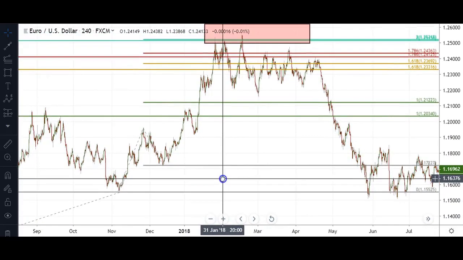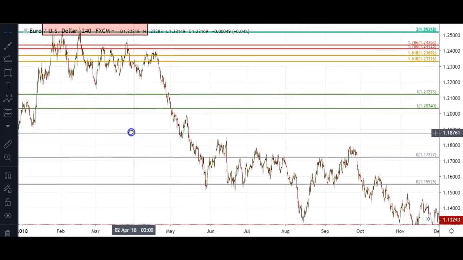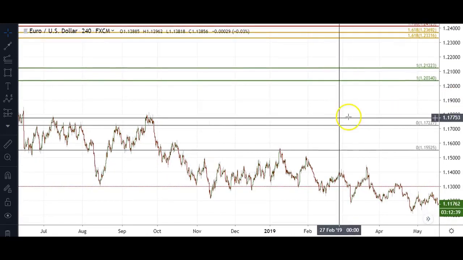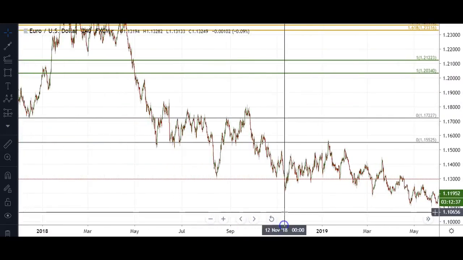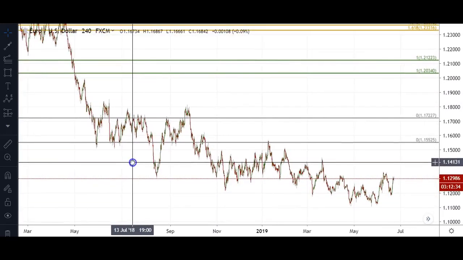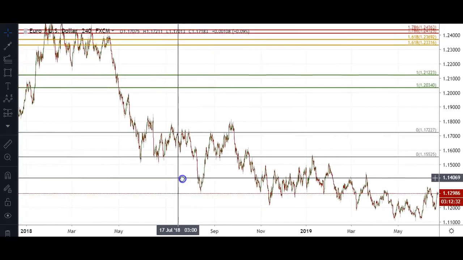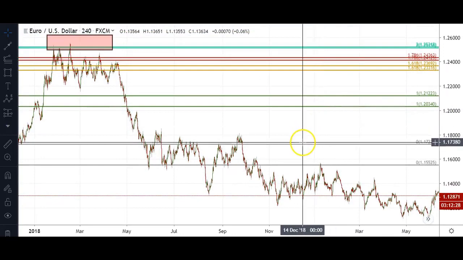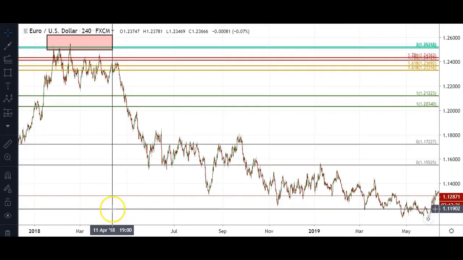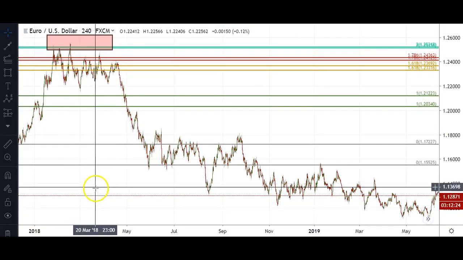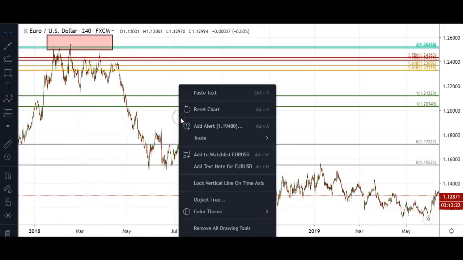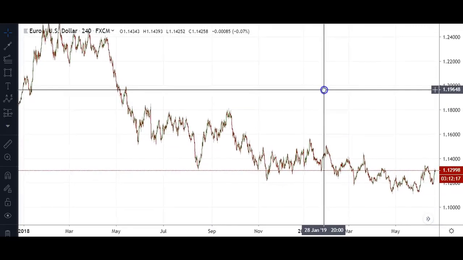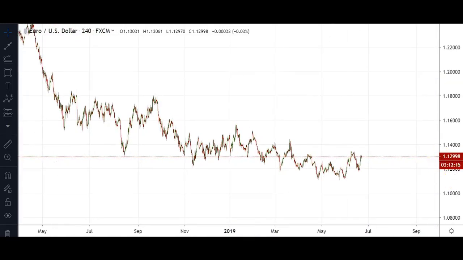Okay, guys. So next up, I'm going to be showing you how I actually use a combination of extensions or retracements with my knowledge of patterns or corrections to find actual trades and identify trades in real time. So before we just jump into that, let me clear off all of my drawing tools, and I would like you to focus on